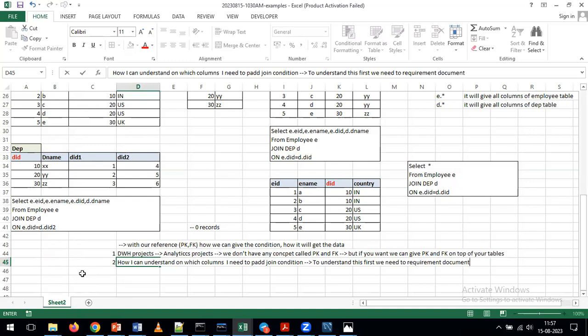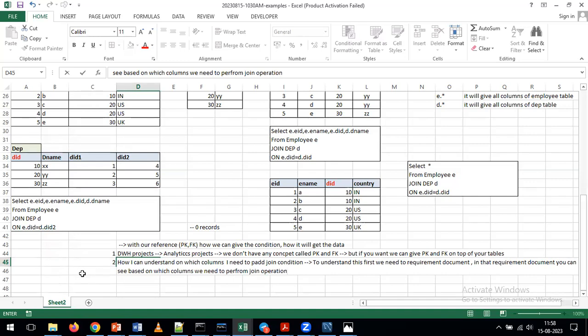In that requirement document, you can see based on which columns we need to perform the join operation. This is the information they will clearly mention in the requirement document. So by seeing the requirement document, you can understand on top of which columns we need to apply